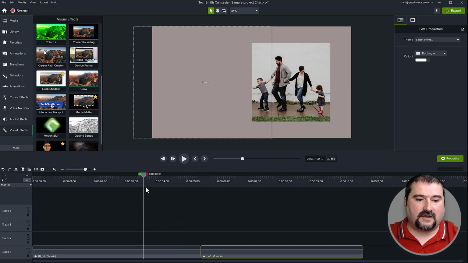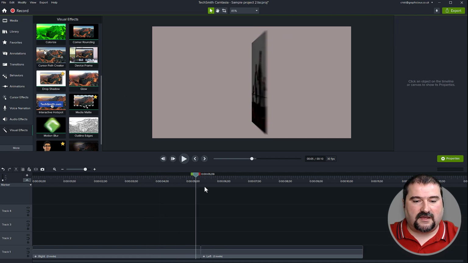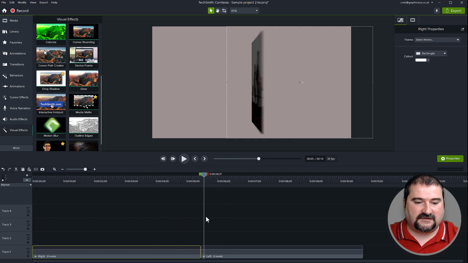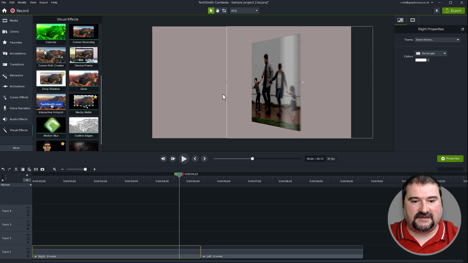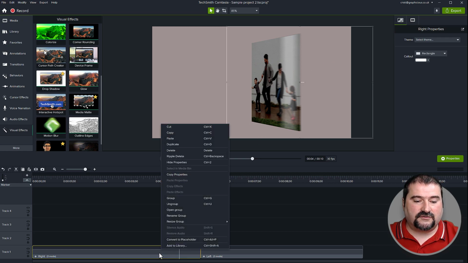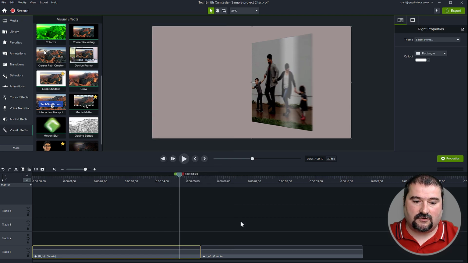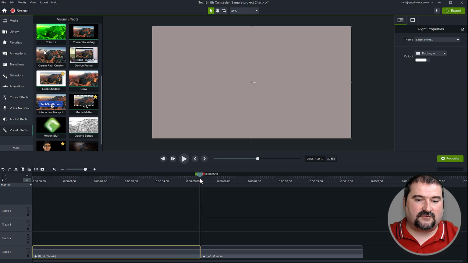They're still working fine. The only thing that Camtasia does, as you've seen, if I select this, you can see that the group is created clipped to the boundaries of whatever it thinks the object is. This is horrible. So what you want to do is right click on the object, resize group to canvas size. There you go. And that could be a problem. I'm going to tell you why in a minute.